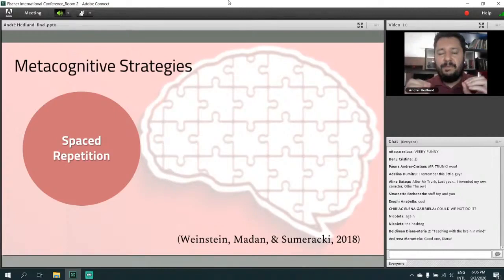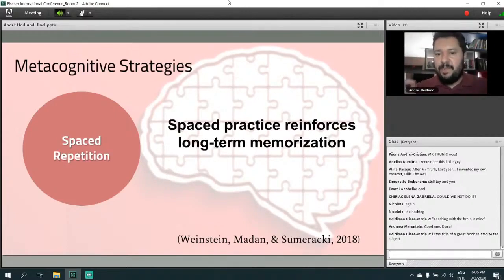And the basic principle of spaced repetition is the following: spaced practice reinforces long term memorization. Because we understand now, and I have something very cool that I bought a couple of months ago, my brain. I never go anywhere without my brain. So actually, this is only half of my brain, right?